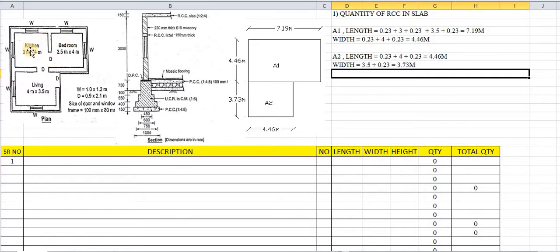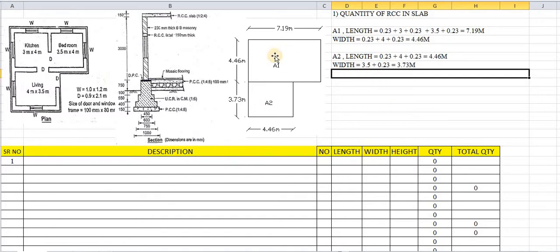In this way we have divided the complete figure where the slab will be laid into two areas. A1 is the top area, that is having the kitchen and bedroom, and A2 is the living room. While finding out the area for A1, we have to properly add the wall thicknesses. Once you have added the wall thickness correctly, the whole area will be covered. In such a way we have to divide the figure, so that the whole area and the whole wall thickness is covered, because the slab will be laid above the wall thickness and it is flush, in the same line as the external wall. That means the external wall thickness we have to consider. So in this way we have calculated the A1 and A2 length and width.